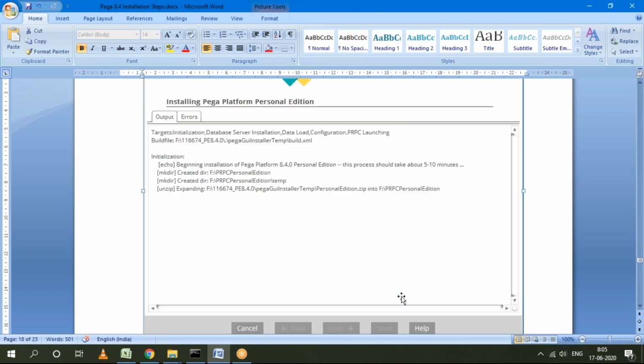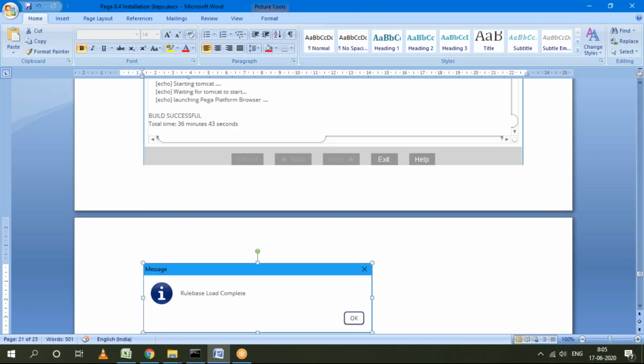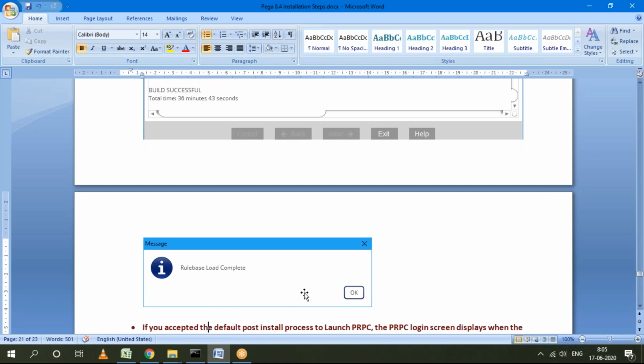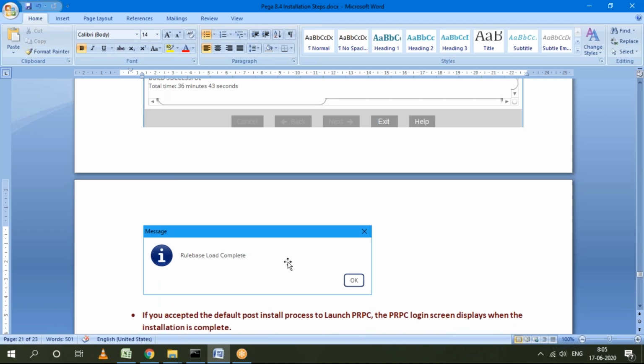This process will take some 36 minutes to 1 hour, and finally you'll get the alert "rule based load complete." If you get this, you can conclude that Pega is successfully installed. If you still have any doubt, after loading, it will also load the login page in the default browser on your system.